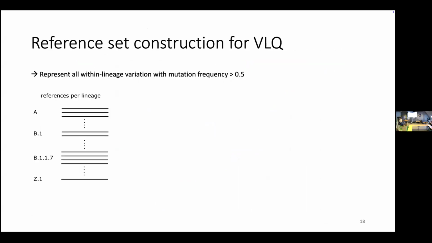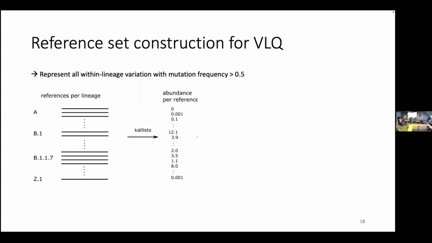So in our pipeline, which we called VLQ, we do a very simple and naive approach where we just look per lineage at all the sequences we have. We check which mutations are there and how abundant they are, and then we include anything with a frequency above 50%. So anything that seems important to this lineage. So you may realize that this, again, does use mutation frequencies. We do need to identify them, but only for selecting our sequences. From there on, the estimation itself does not actually depend on this process.